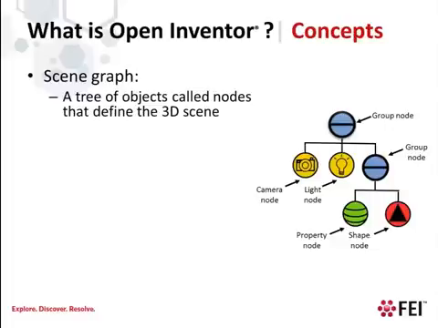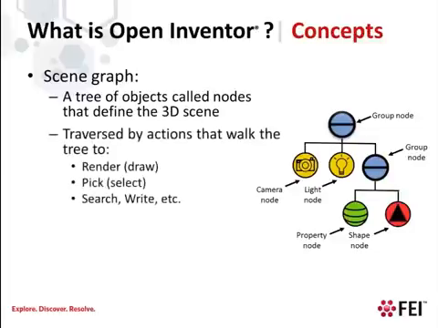We call these objects nodes. You can see a simple example of a scene graph here, and some of the kinds of nodes you will use to build the scene graph. Hierarchy and inheritance of properties in the scene graph makes it easy to have multiple shape nodes render from the same data, for example, a volume data set, but also easy to apply different properties, for example, a color map